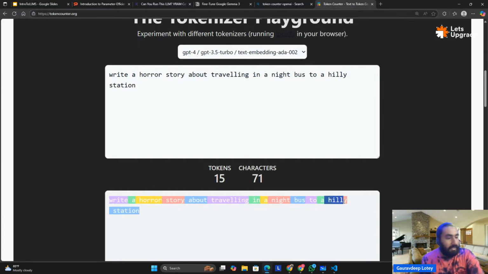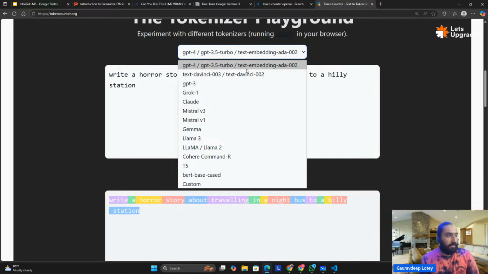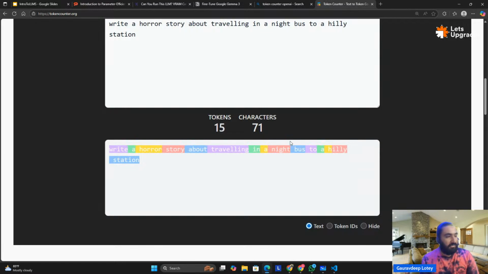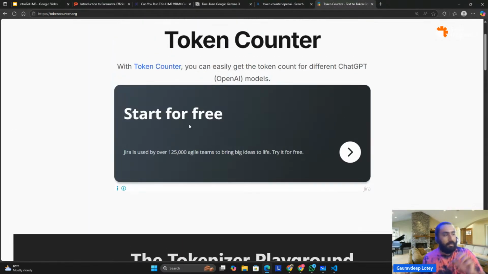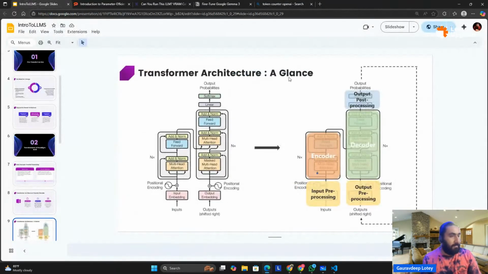If you see hilly, in fact, being a single word, it is divided into white space and H as a single token, and ILY as another token. How tokens work is not the agenda, but there are different models which can help you tokenize it. This is for GPT-4 and 3.5 Turbo. If you go to something like Llama 3, the tokens will change, and this is how the tokens are supposed to be. And for Gemma, this is how the tokens are. The BOS is like the start of the script which comes for Gemma. How large language models tokenize is a different story, but the idea is that